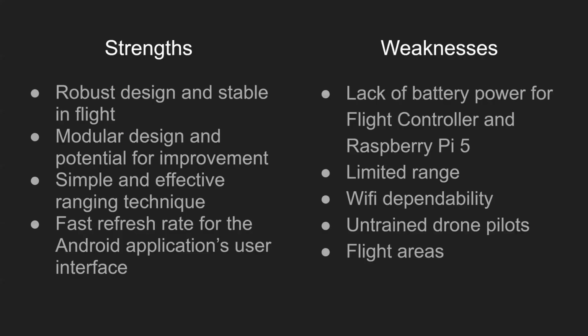As far as the strengths and weaknesses of our drone, the strengths are that there was a robust design that was stable in flight. That was shown from our four-piece design with the metal bolt on all four corners, keeping it very tight, and the stable flight from the recalibration of the controller to allow it to fly to the pilot's content, and a modular design that would allow for potential improvement from being able to take out pieces as you like,